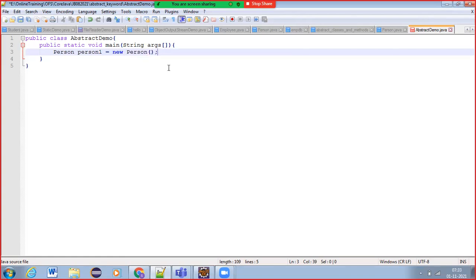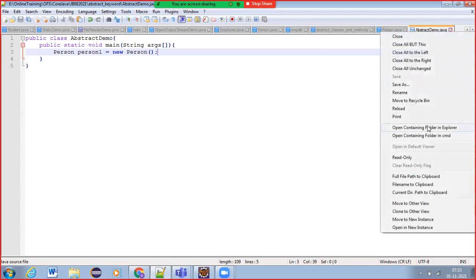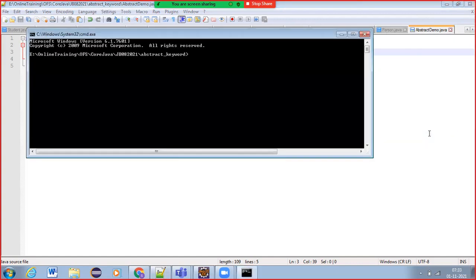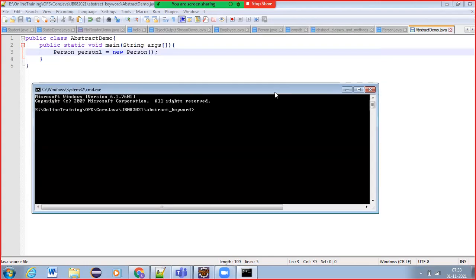So if I do like this, what happens here? It will give me a compilation error. Why? Because the Person class is an abstract class, which is not allowed to be instantiated. Whenever we write new Person, what is the meaning of that statement?